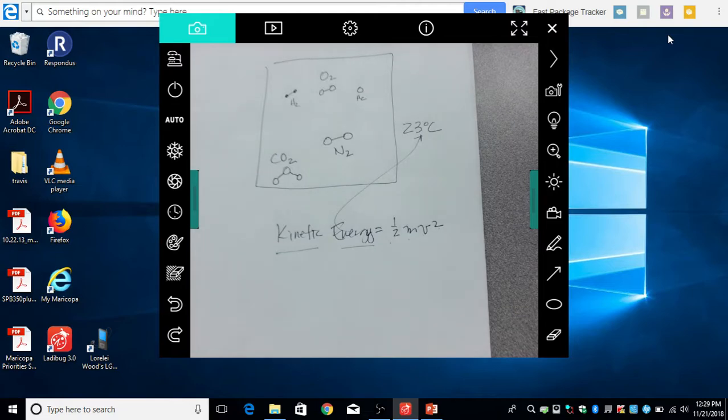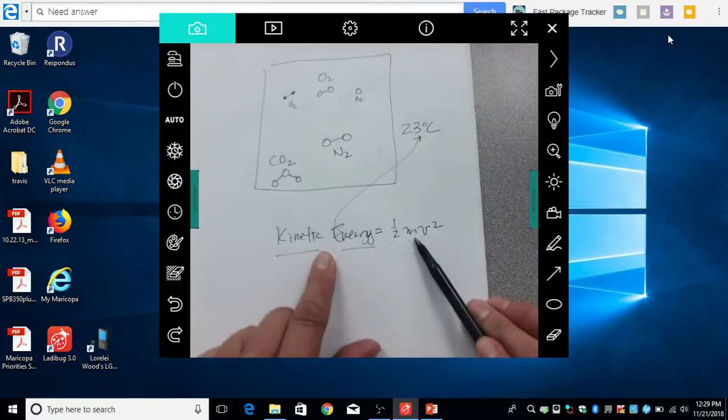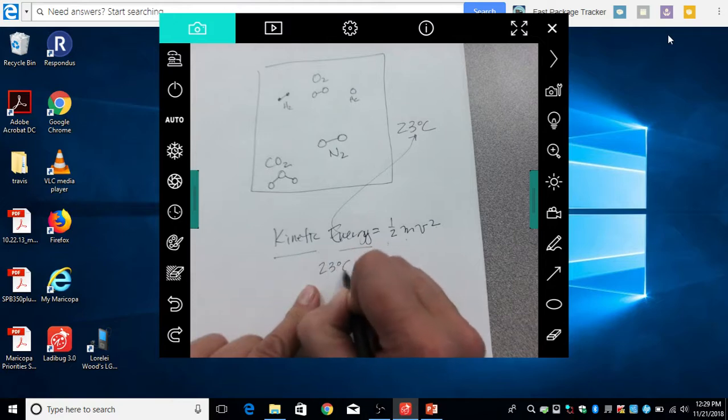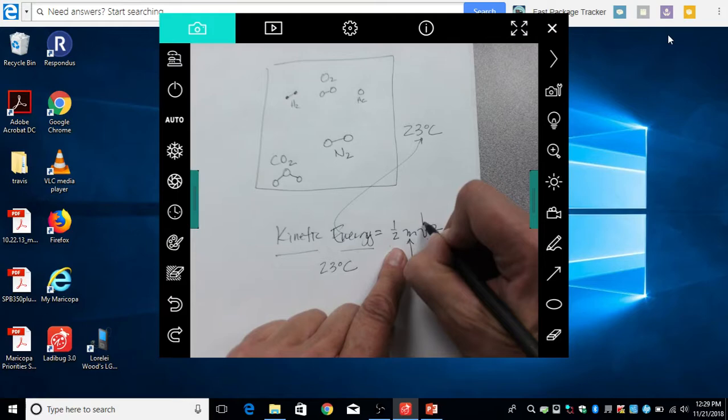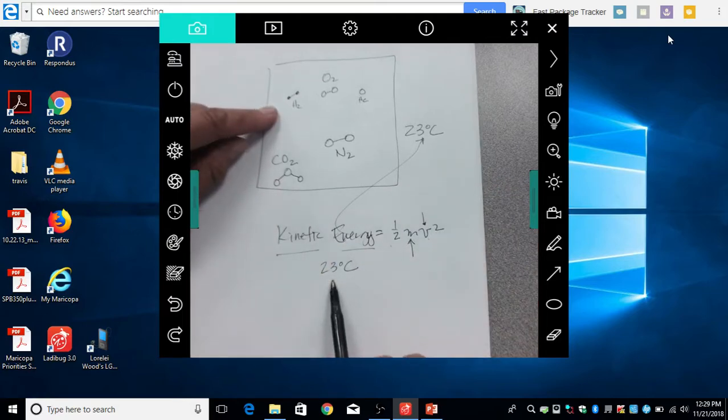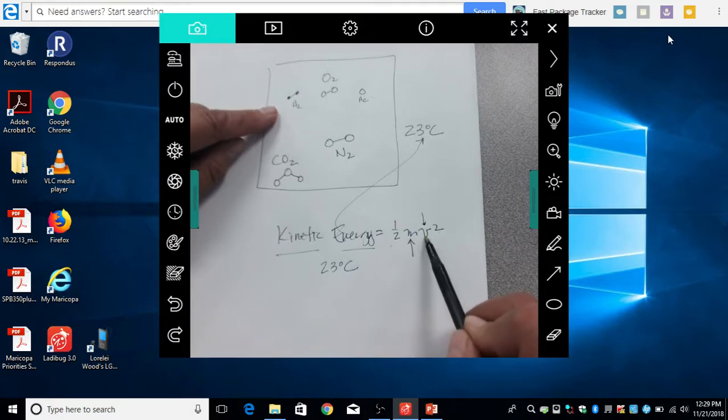No, they don't. Who's going to be the lightest? Hydrogen. Hydrogen and helium are going to be pretty darn light. Who's going to be the heaviest? Carbon dioxide and nitrogen would probably be pretty beefy and heavy, right? All right, so the masses change. Well, if the kinetic energy is always the same, 23 degrees Celsius, the masses change. What has to happen to the velocity of those so that that number stays the same? Velocity has to, if this one's going up, that has to go down. And it has to go down by a square value rather than a half a value, which is actually much more significant, right?